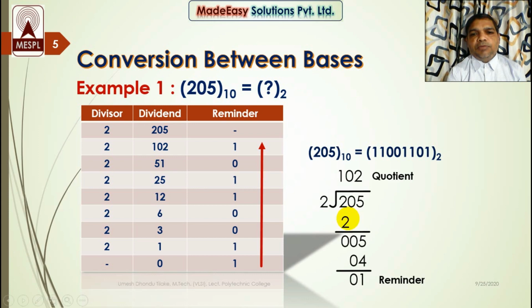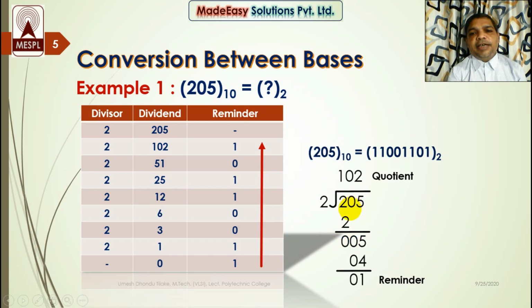So here we find a number in the table of 2 which is just less than or equal to the dividend's MSD, most significant digit. We start division with the most significant digit. Here 2 is the most significant digit. So 2 ones are 2. So here we get 1 as a quotient. Then we subtract this number from the MSD of the dividend. So 2 minus 2 is 0.